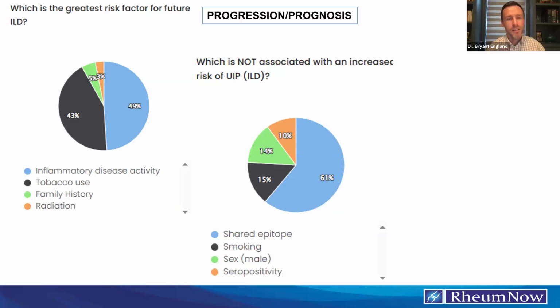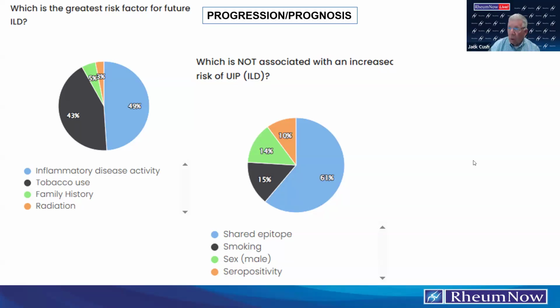Well, I think it depends on the context, right? So it depends on your population. If we say the base population is a group of people with RA, then your genetic background for RA really doesn't influence your risk of developing ILD. So most studies have not shown shared epitope to tell us valuable information about the risk of developing ILD in RA. Now, if you took that away and said this was all comers with SARD, then I would say, yeah, sure, shared epitope is associated with UIP, because shared epitope is associated with RA, and UIP is the most common pattern in RA. So it depends on the population you're testing.